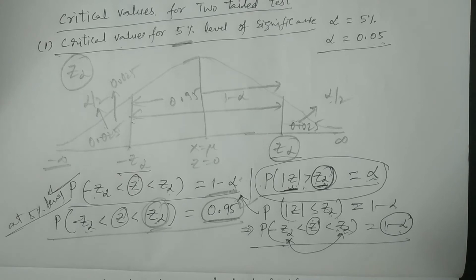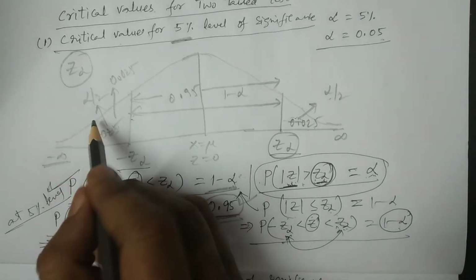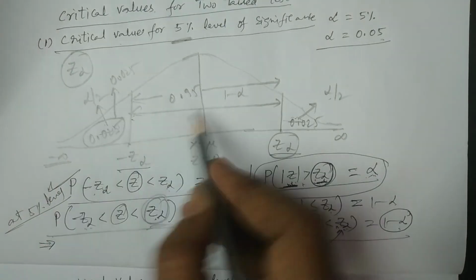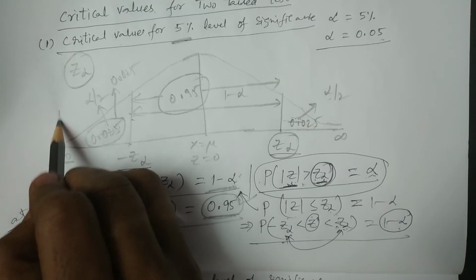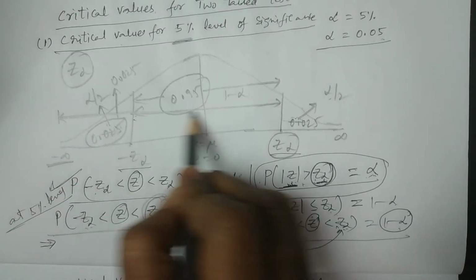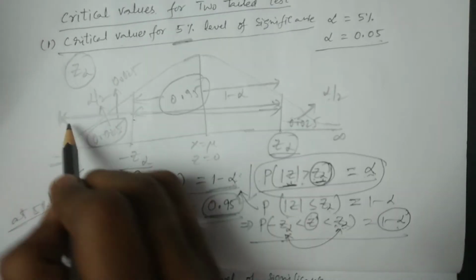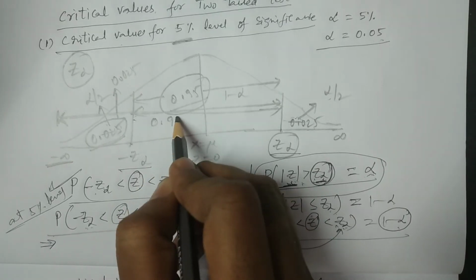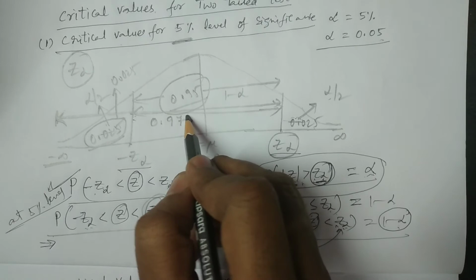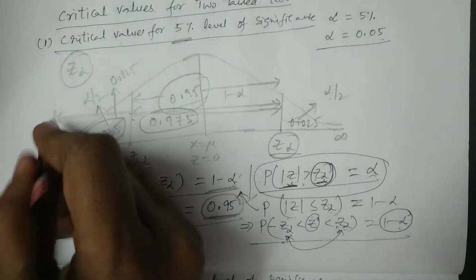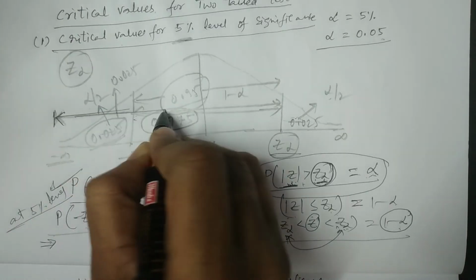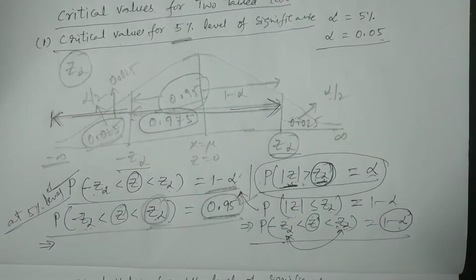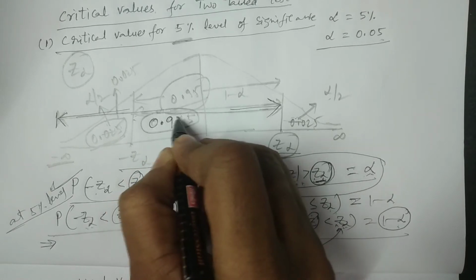So that is the reason why we have to consider one more equation from this. If you add these two, you see here, this is 0.95 and this is 0.025, up to here. What I am calculating is this entire area. Now you tell me what the area is. This is 0.95 plus 0.025, which is nothing but 0.975. I mark it in the figure. We can identify this area as 0.975.